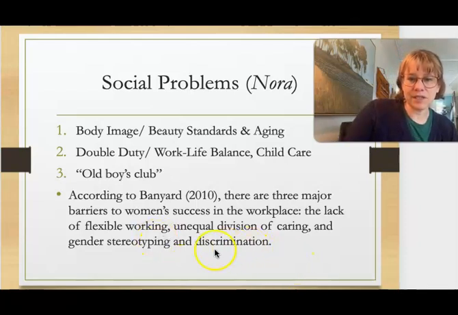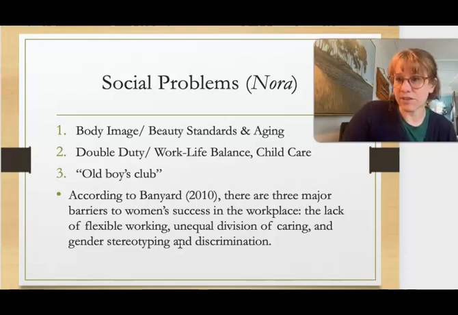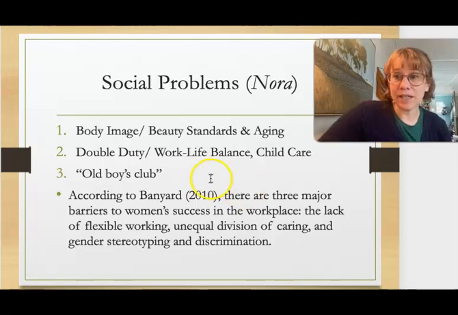And then just discrimination as well. Some people are just kind of misogynist and believe that women don't belong in certain areas or certain roles or positions. So that discrimination is still present today. So those are just some issues brought up by that short film. And in both Ibsen's play and in this short film by Carrie Cracknell, the ending is the same. So Nora leaves